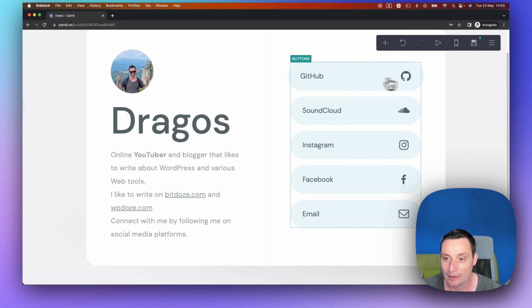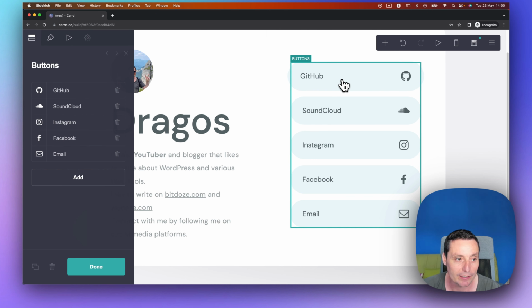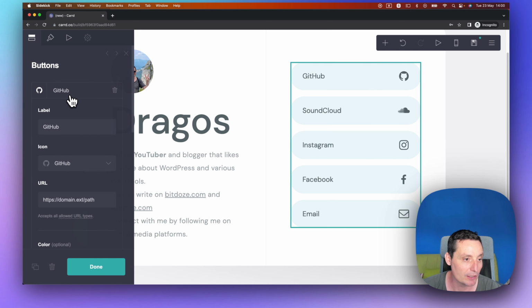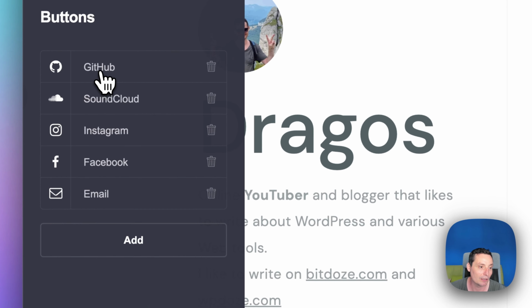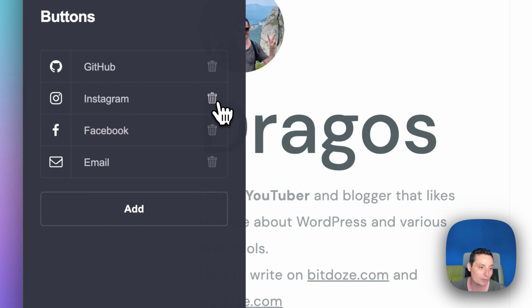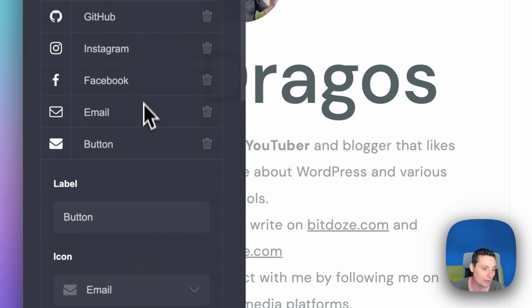In here, these are some buttons, and if you click them, you see that the pop-up window opened, and in here you have the details like the GitHub, and in here we can add our repo. We can even delete this if we don't have a GitHub repo. And SoundCloud, for instance, I don't have SoundCloud, so I will just delete this. What I have, it's on YouTube, and I will add my YouTube channel in here, and you click add,